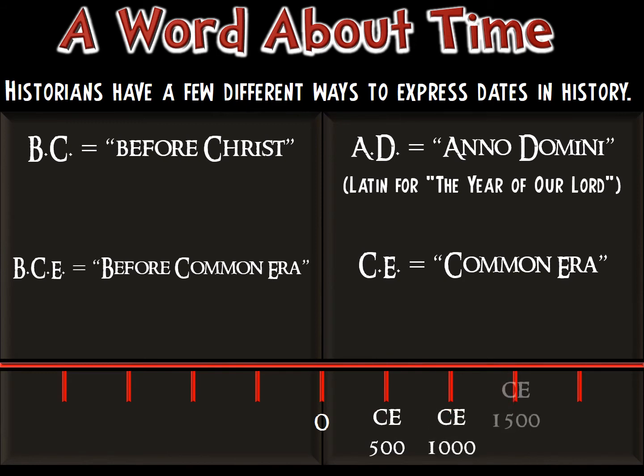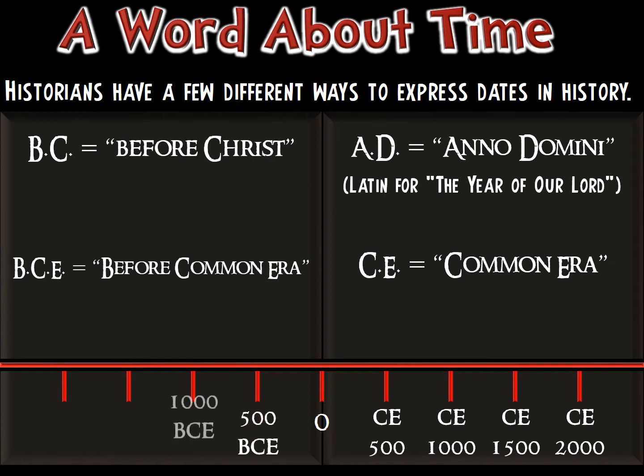If you look here, you will see that the dates go higher, the numbers get larger after the year of our Lord begins, after the Common Era begins. Everything that is before the Common Era, or before Christ, goes backwards in succession. So it's important to recognize that even though there's not a year zero, we count backwards for BC, we count forwards for CE.